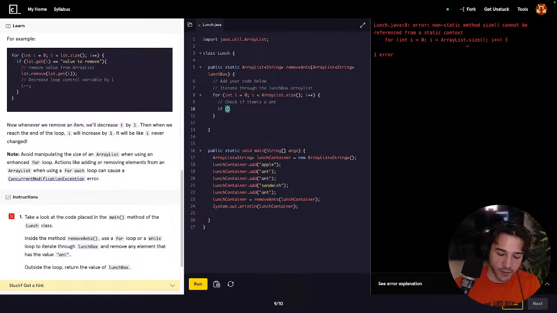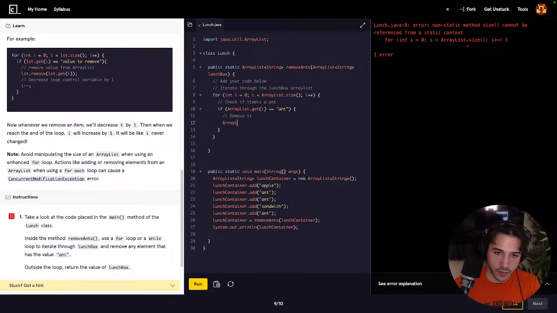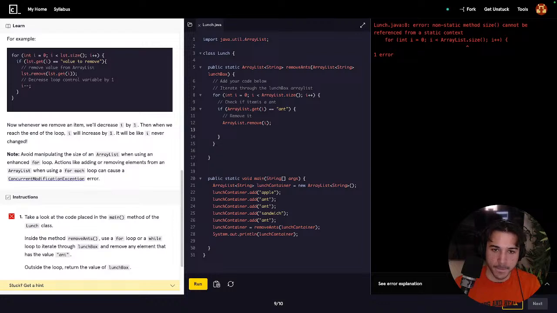So if array list dot get the item at i is equal to int, delete it, or else remove it. Array list dot remove i, and then we need to